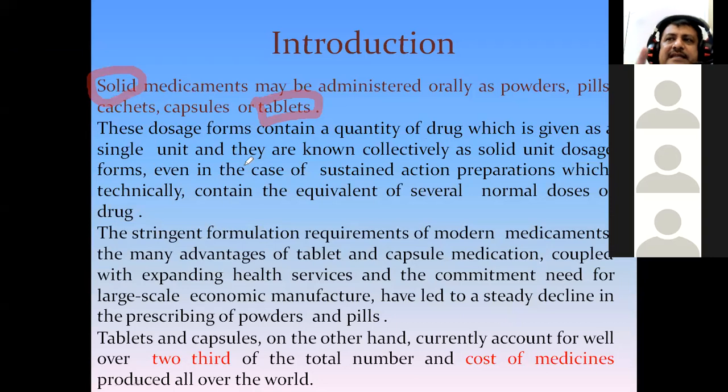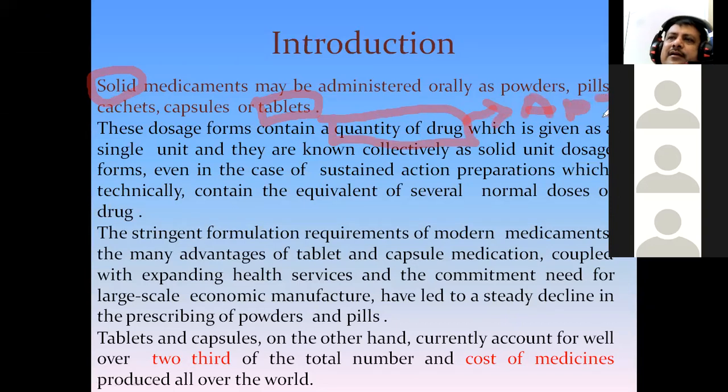Now what is present in a tablet as a dosage form? A tablet contains a measured quantity of a drug, that is your API, the active pharmaceutical ingredient,